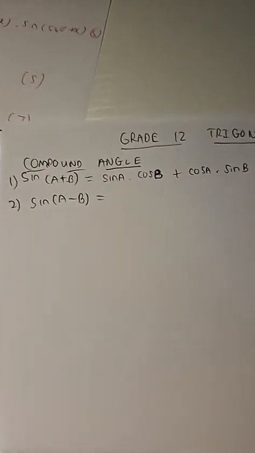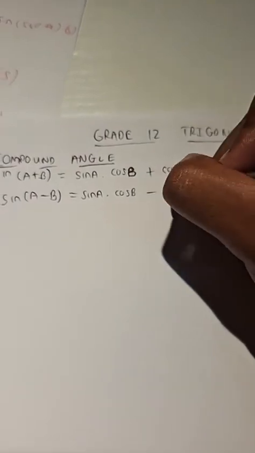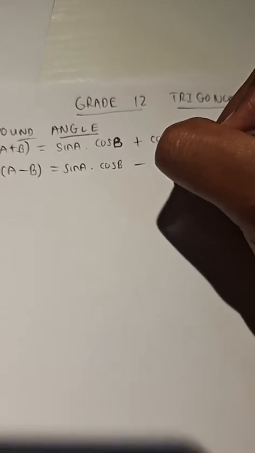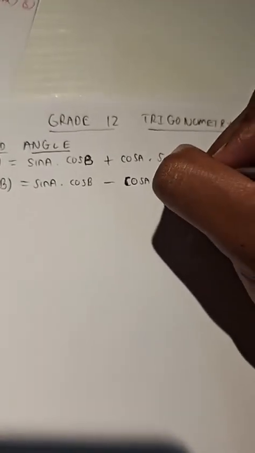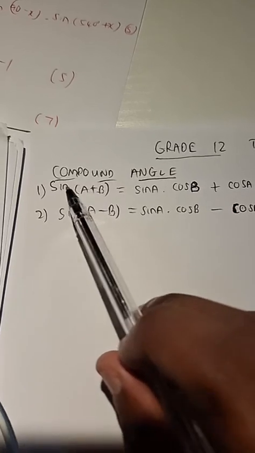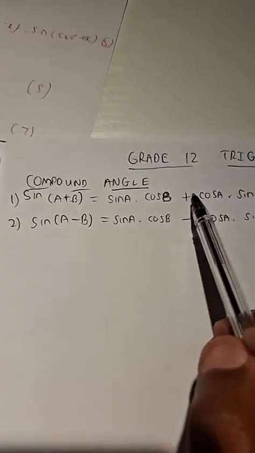Then the difference as well in our compound angle expression is sine A cos B minus cos A sine B. So the addition, the sum of the compound angle of sine, obviously